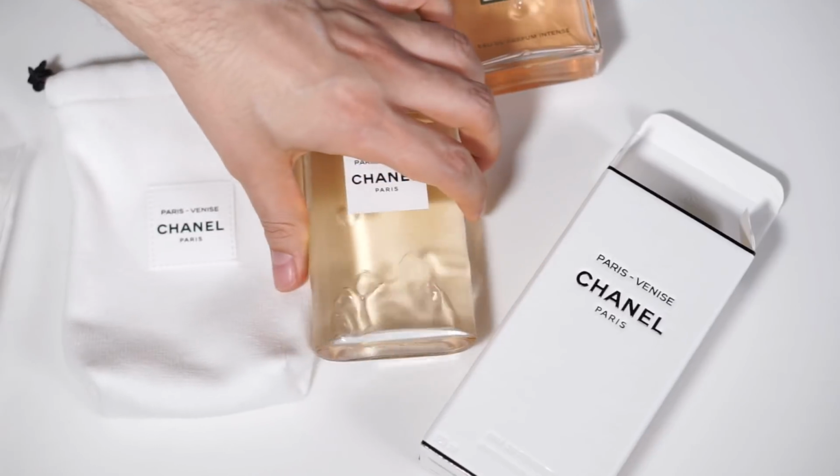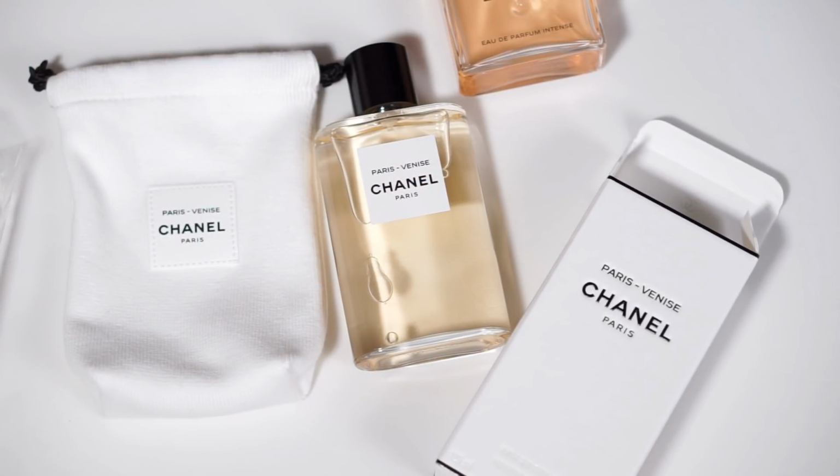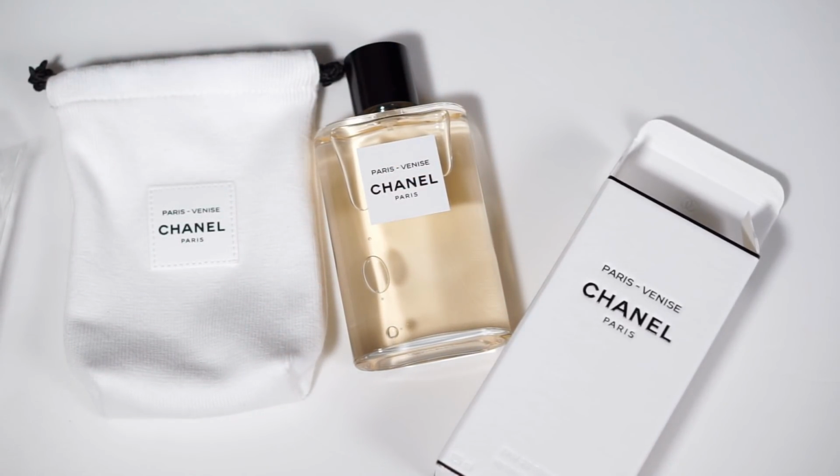It's like a time warp, like a time machine into the past, into like the golden era of Chanel 20s. Like this to me is what Gabrielle should have been in terms of youthfulness and fresh, because this brings me back to a young Coco Chanel. This brings me back to the Gabrielle years. This brings me back to the time where this very young woman, Coco Chanel, had her whole life ahead of her, and she was just beginning this journey of creating these wonderful couture dresses,